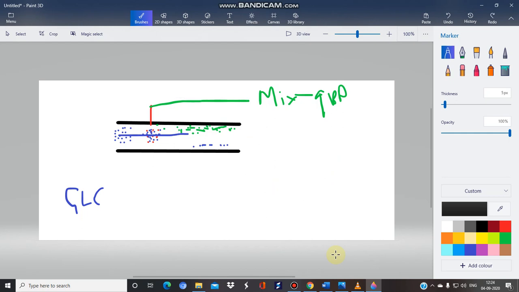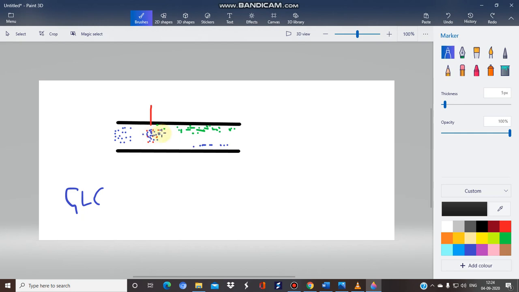So I hope this is clear. Okay, so let's recall again. I think we have time. Yes, we have 5 minutes. So suppose in case of gas liquid chromatography, we need 3 things. We need a gas that is used as a mobile phase. It is marked by a blue color. And yes, in the injector port, in the injector system, we will inject our sample in the vaporized form. Suppose this red is your sample, and of course the sample will contain a mixture.